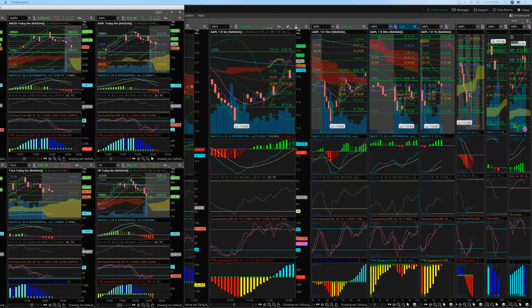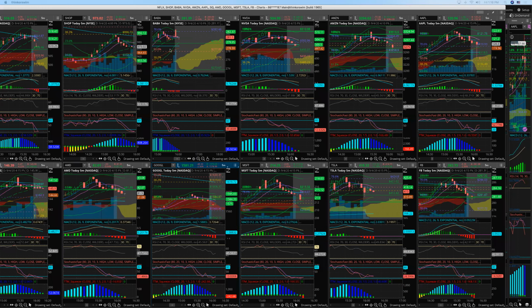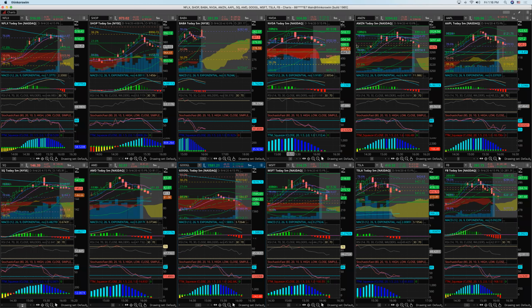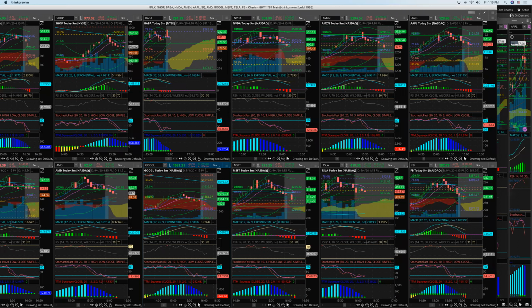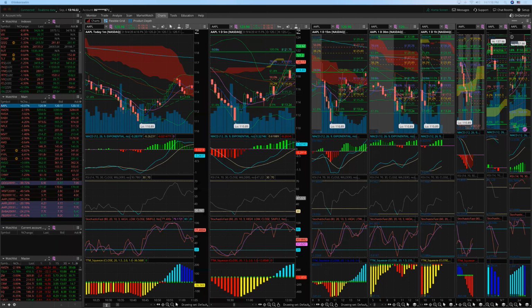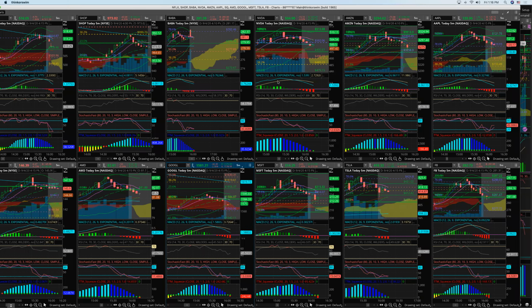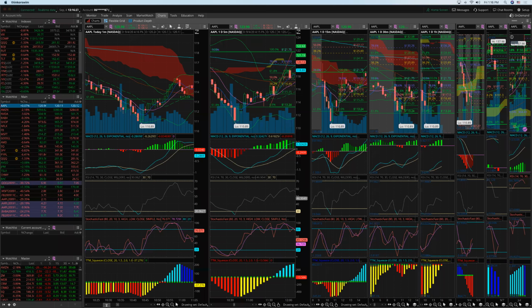Here's another thing. I have this screen here on my left. I have all the names, the common names: Netflix, Shop, Baba, Amazon, Nvidia, Apple, Facebook, Tesla, Microsoft, Google, AMD, SQ. So I have all these and these are all 5 minutes time frame. So I can see all of them. One thing that's really, really important is that always keep in mind that market always goes as a whole. So if the whole market is going up, they all go up together. And if it wants to go down, they always start going down at the same time. So at 10:45, you could notice that everything went super down, and then suddenly they start going back up.